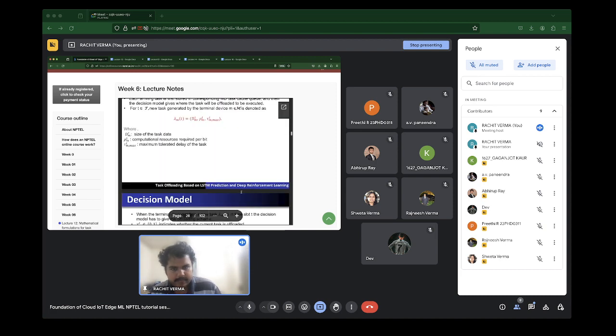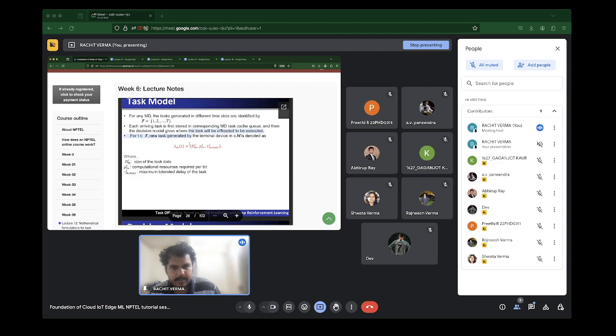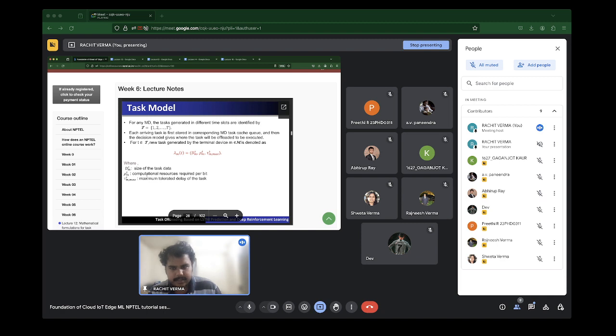And over here we discussed a simple task model. We saw that a new task generated by the terminal device contains information pertaining to the size of the task data, the computational resources required per bit, and the maximum tolerated delay of the task.